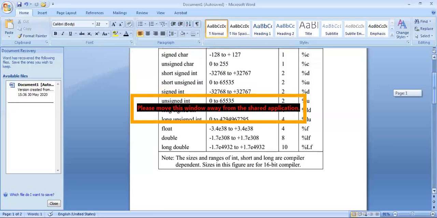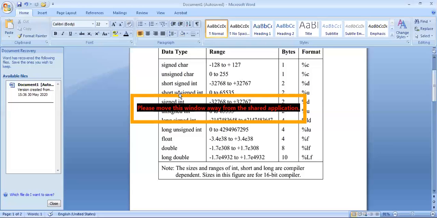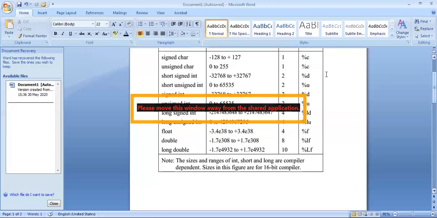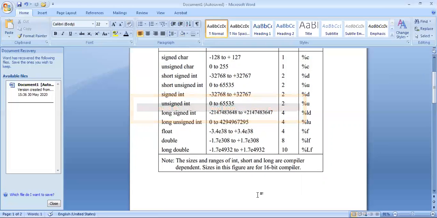If we notice, we will see that within all the integers, short has 2 bytes. Normal integer also has 2 bytes. Now this is mostly compiler dependent, because for a 16-bit compiler we generally have this size in bytes, but it may not be the same for all compilers.